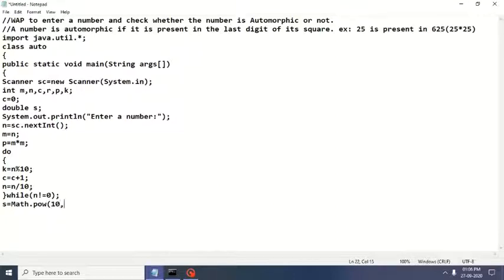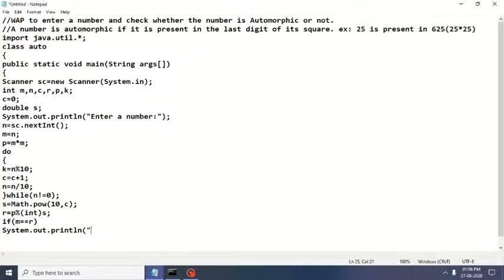So S equals Math.pow(10, C). R equals P mod int s.